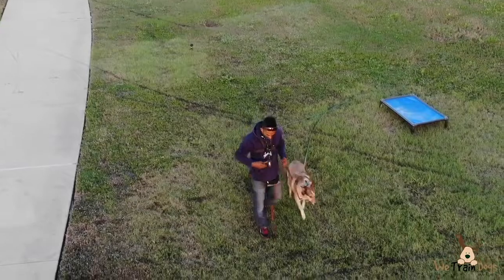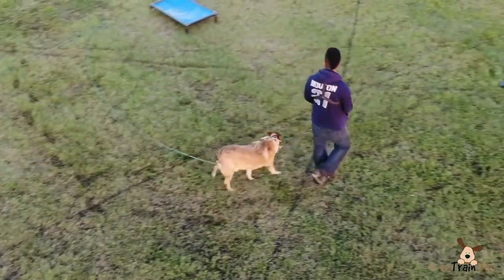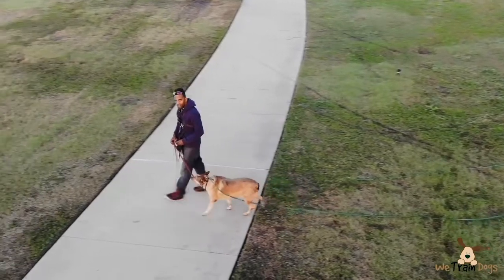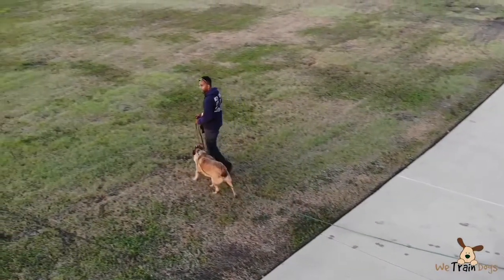I'm not a very technical person, I'm not a very good drone pilot, but I just thought it was really cool, and I got one, and right when I got it, the sky opened up, and I've not been able to play with it. And so finally we got a break in the weather, and I got to go out to the park, and I took Wagon,